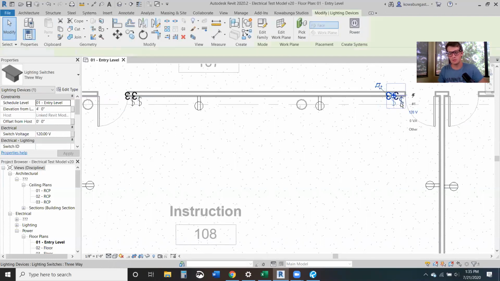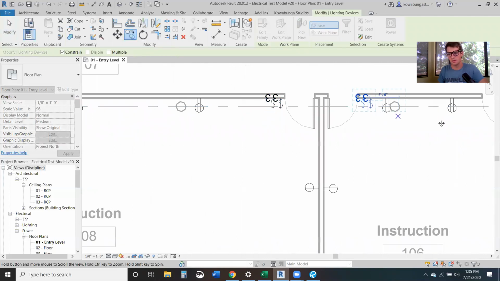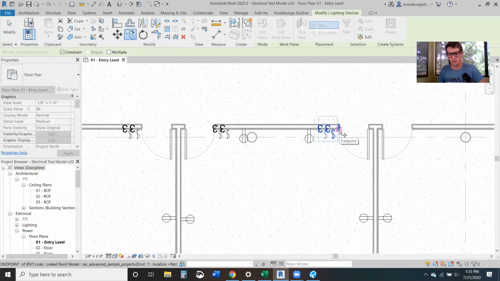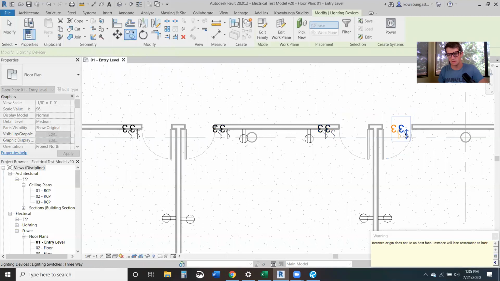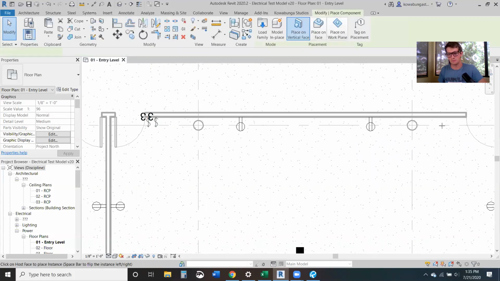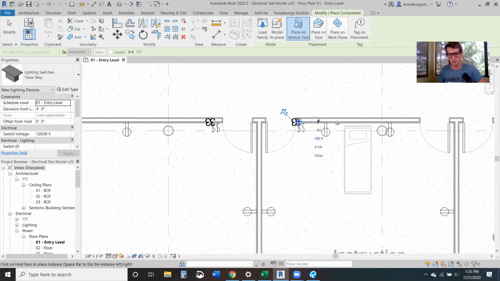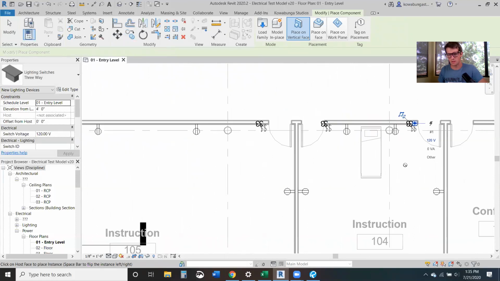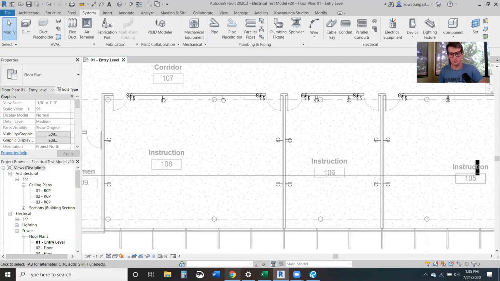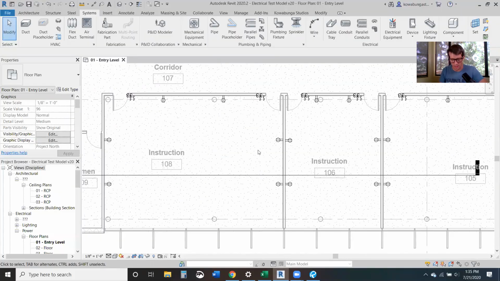There we go. And I'll just copy these over. All right, so there are our switches next to each instruction room door. It took about a minute to do. All right, next,